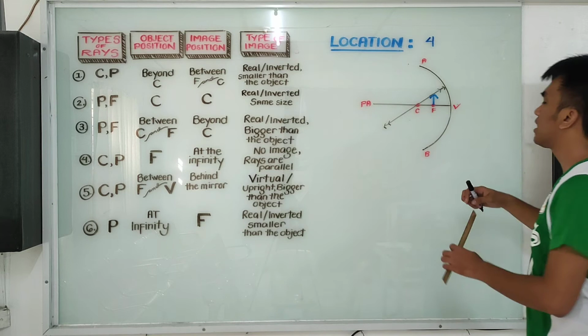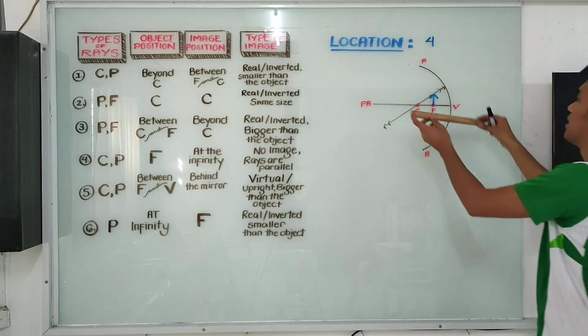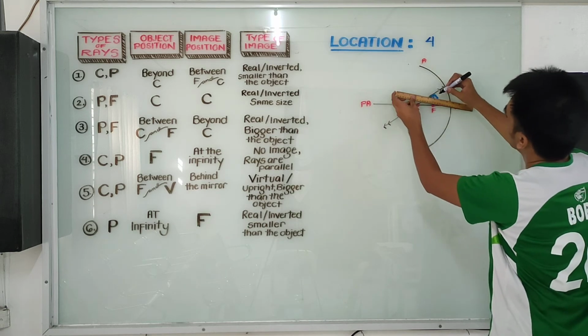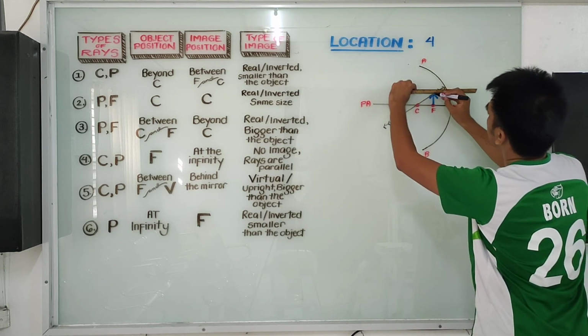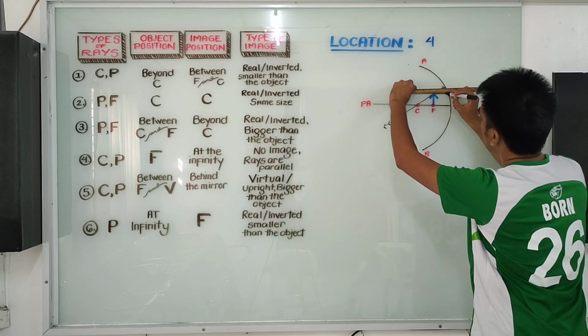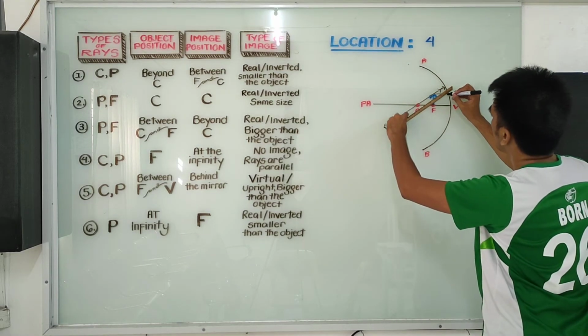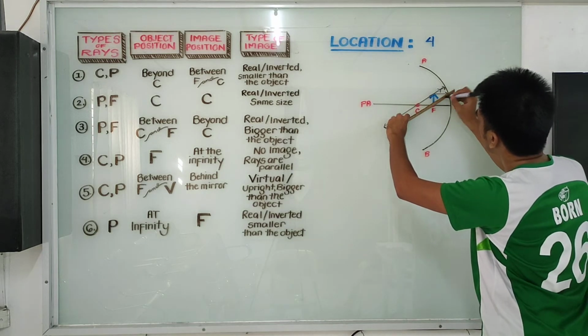Bumalik lang. And then the focal ray, sorry, the principal ray. If it's principal ray, it must be parallel to the principal axis,